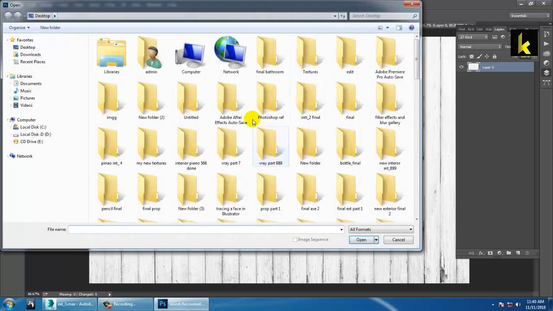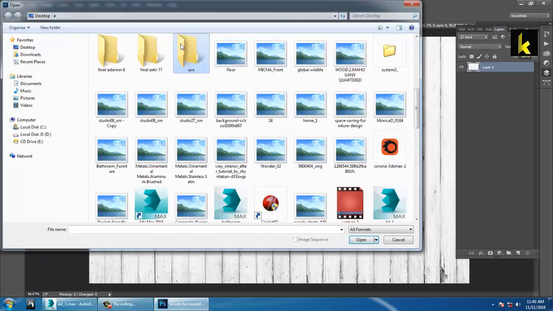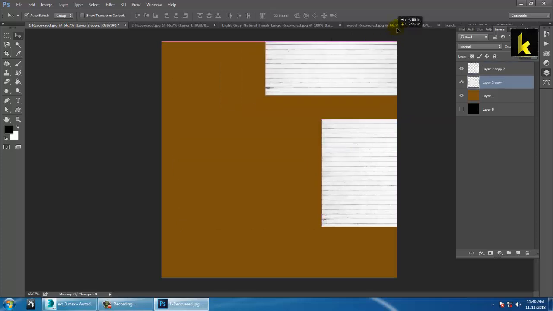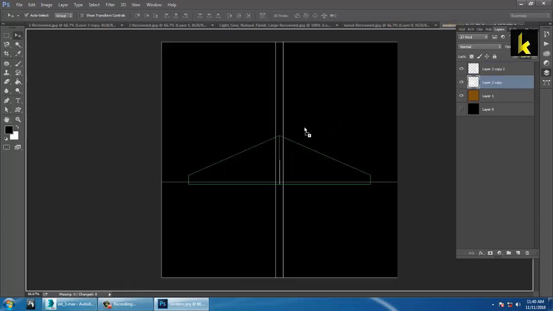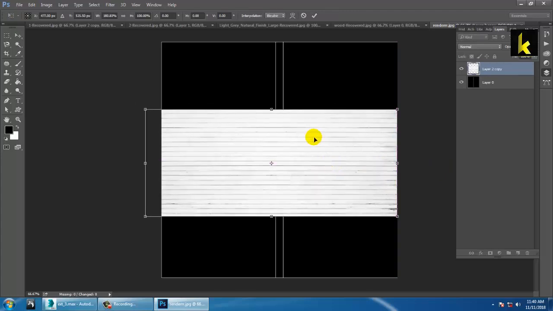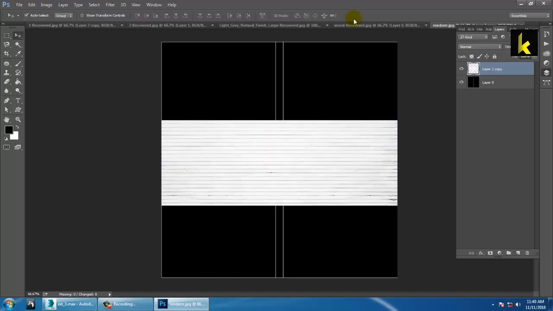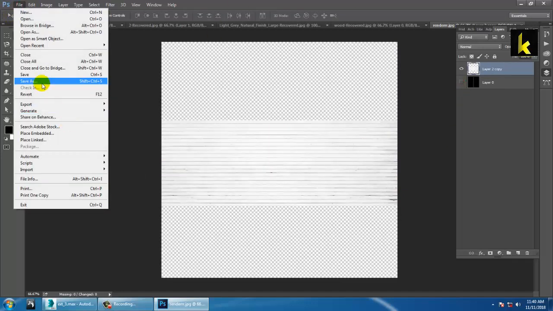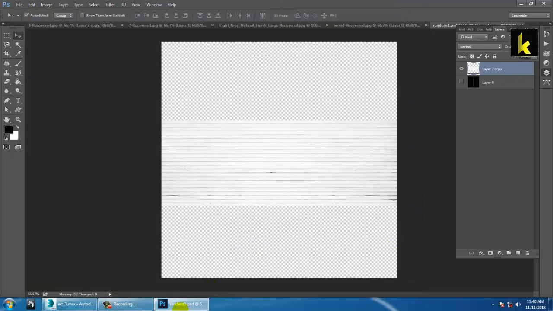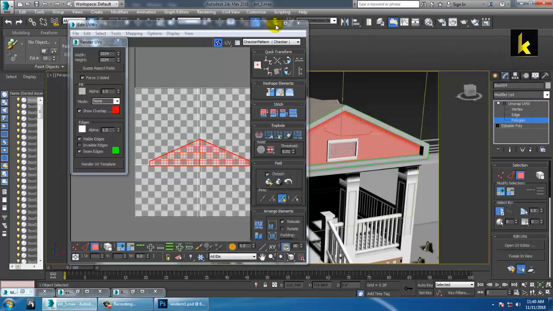The UV which you have saved over here, open that, just open it in this manner, take this texture over here, so you can press enter, close this, save as it, and save it. So same thing can be done as we have done with the